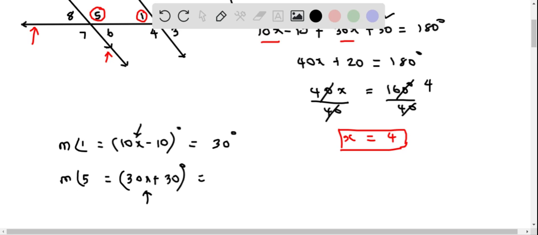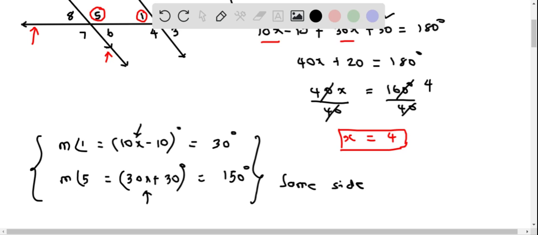So when we replace x by 4 here, this is 30 times 4 is 120, plus 30 is 150 degrees. So therefore, we get the measure of angle 1 equals 30 degrees, and measure of angle 5 equals 150 degrees. So these are the values of both angles,